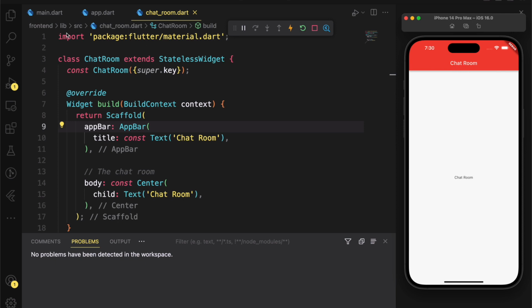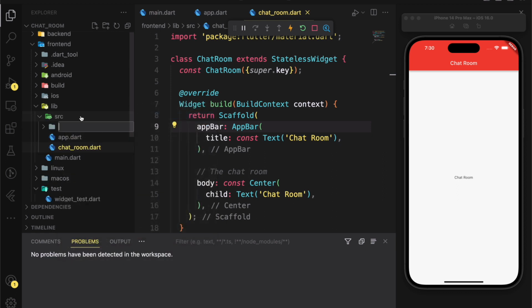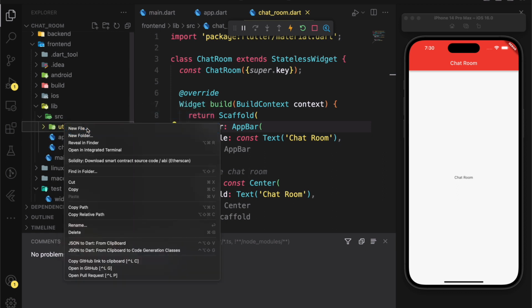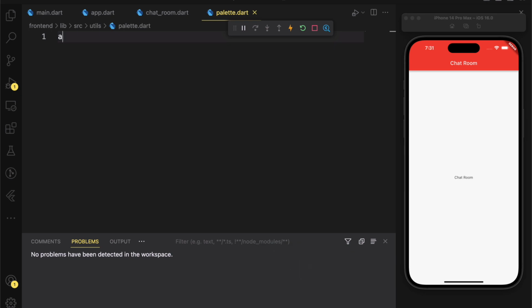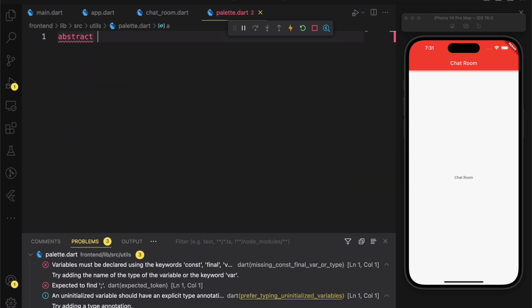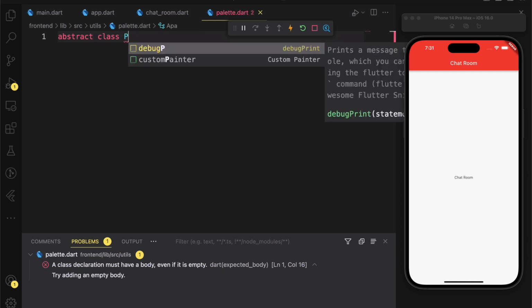Now let's make a new folder. I'm going to call this folder utils, and the folder is going to contain a file called palette.dart. The palette is going to be an abstract class which is going to contain the colors of our application.